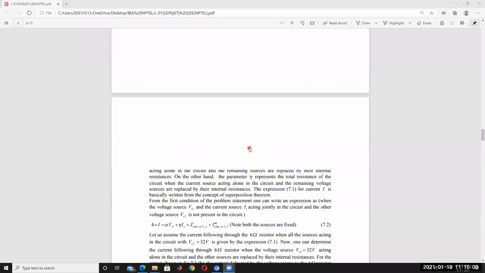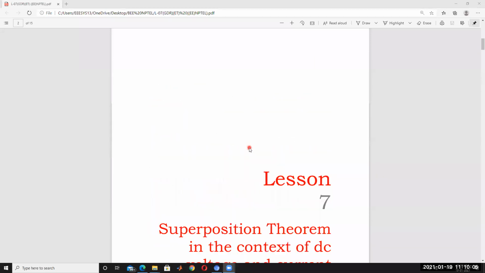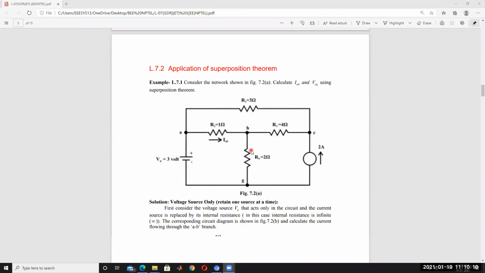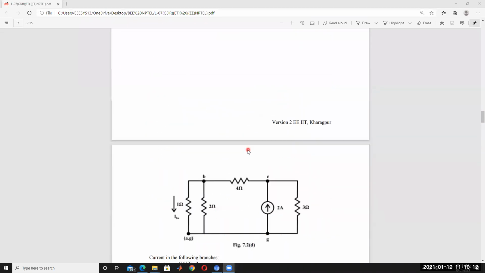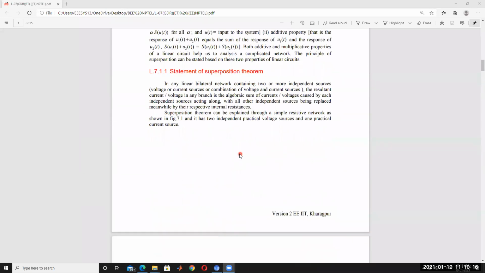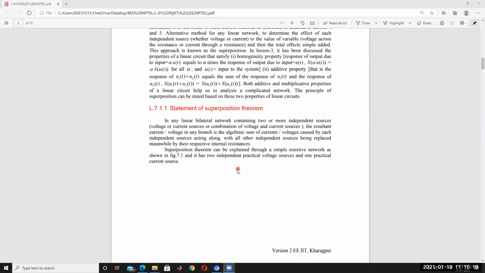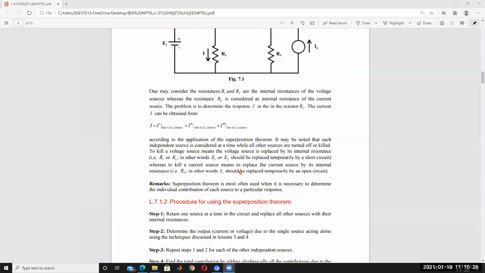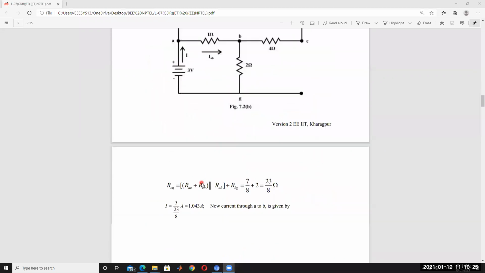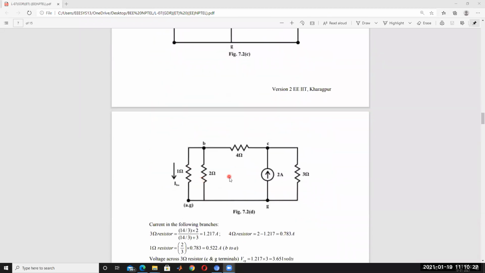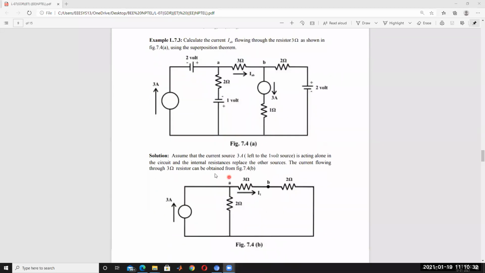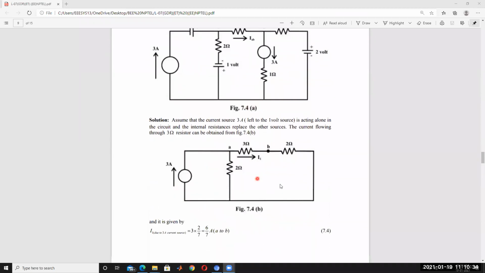The superposition theorem is over. I think everyone is clear about it. In the next class we will discuss Thevenin's theorem and Norton's theorem. I will explain clearly using this same PPT. Superposition theorem is not applicable for power calculations. What are the limitations of the superposition theorem? It is applicable for linear networks, not useful for non-linear networks. Because of power, for power calculations also the superposition theorem is not valid.